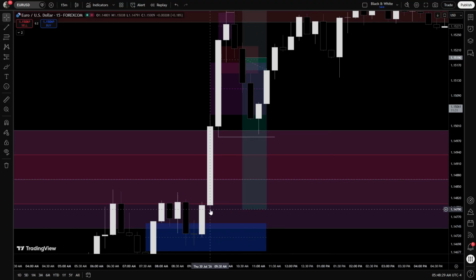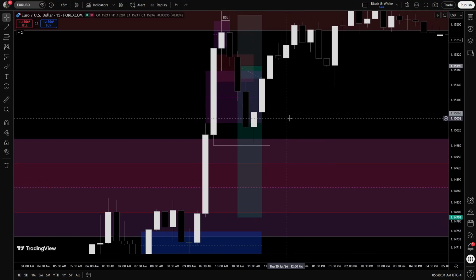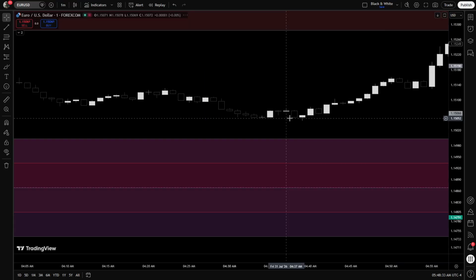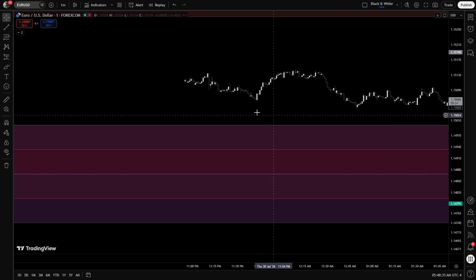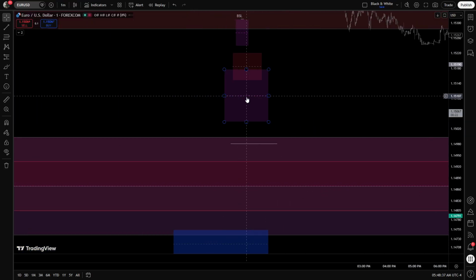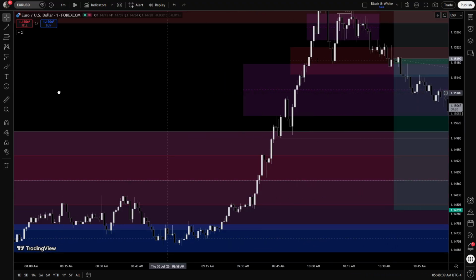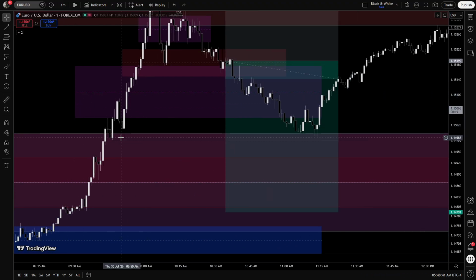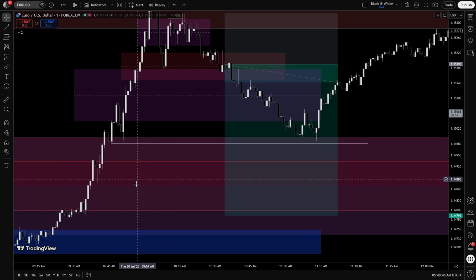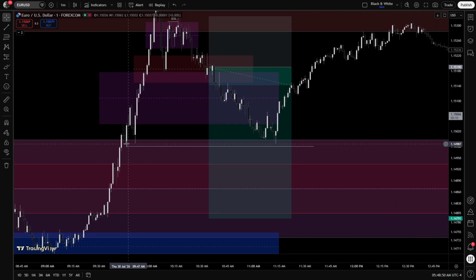I aim for this low to be taken out. But on the 1 minute time frame, as you can see, there is very minor sell side liquidity right here below these lows, and there's a very significant fair value gap below these lows. So I was like, I'm gonna take my partials off after the market takes out these lows, and then I'll let the runner go down to these lows as well.